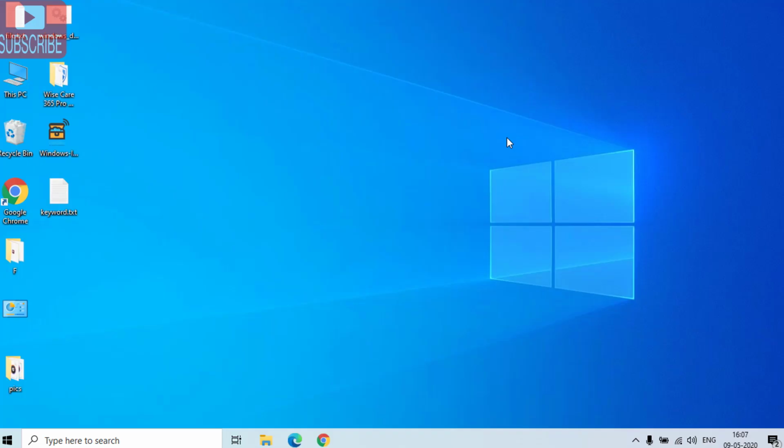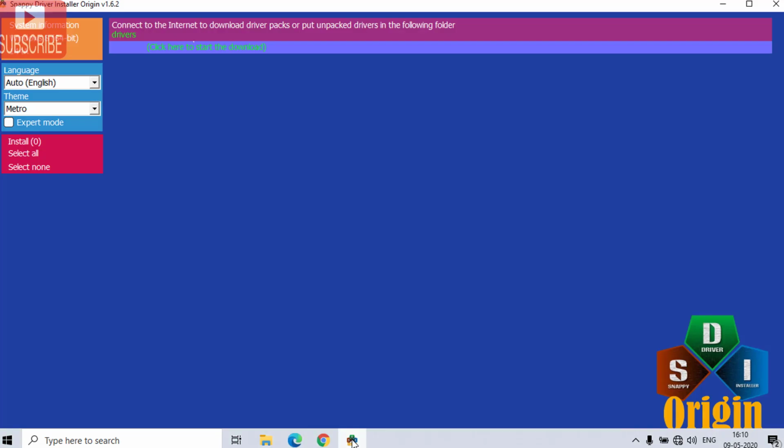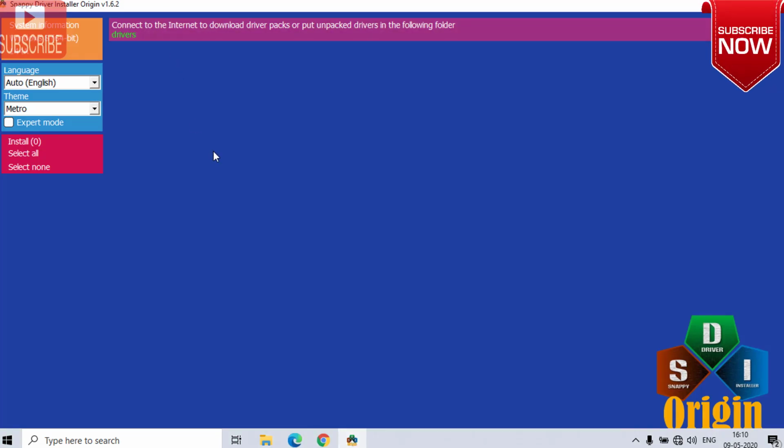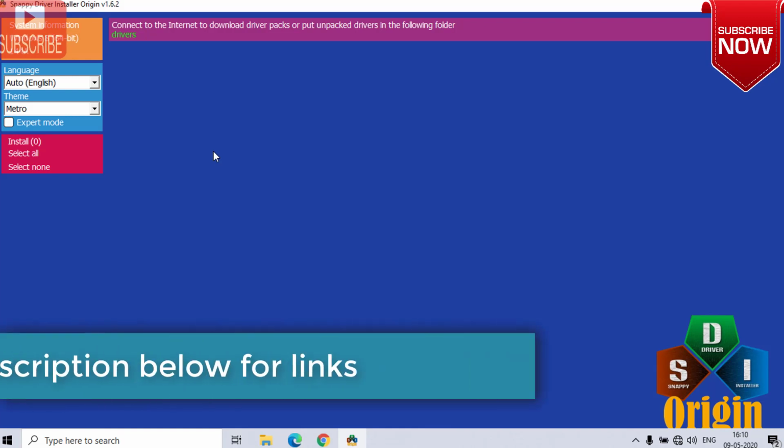If your problem is still not resolved, we are going to proceed to the third step, which is updating your motherboard drivers. In order to update your motherboard drivers, I have a software known as Snappy Driver Installer Origin. I'll provide you the download link of this software in the description below.